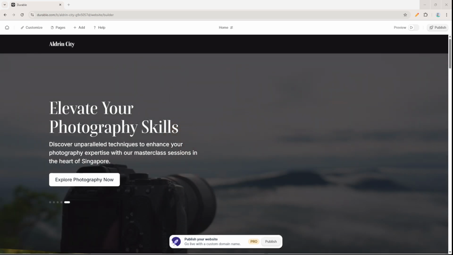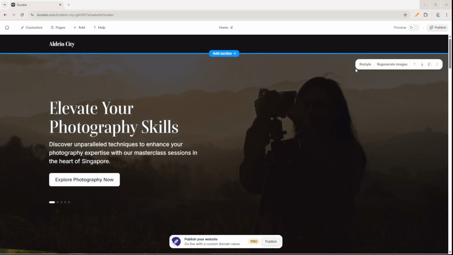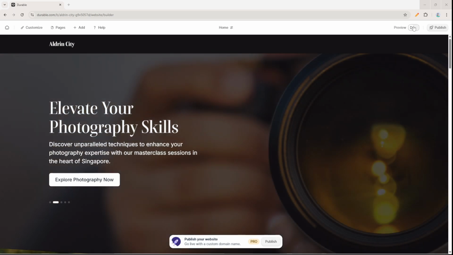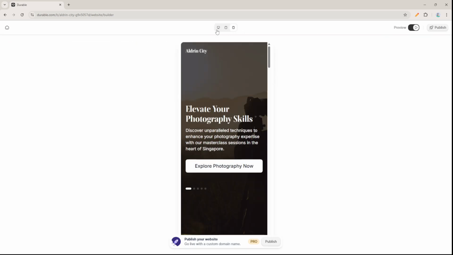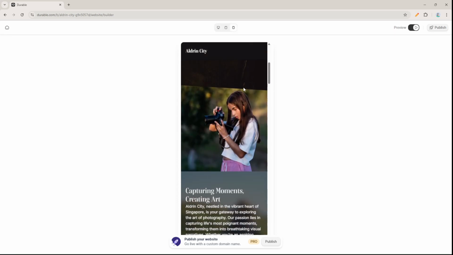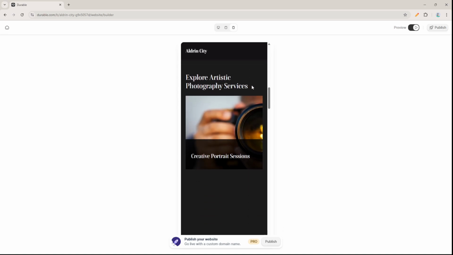Start by logging into your Durable account and opening your website editor. Once your editor loads, look to the top right corner of the screen. You'll see the view switcher, sometimes called the preview toggle. This is where you can change how the editor displays your site. Click the mobile icon to switch from the default desktop view to the mobile view. You'll immediately see your page reformatted to a handheld screen size so you can review it exactly as a visitor